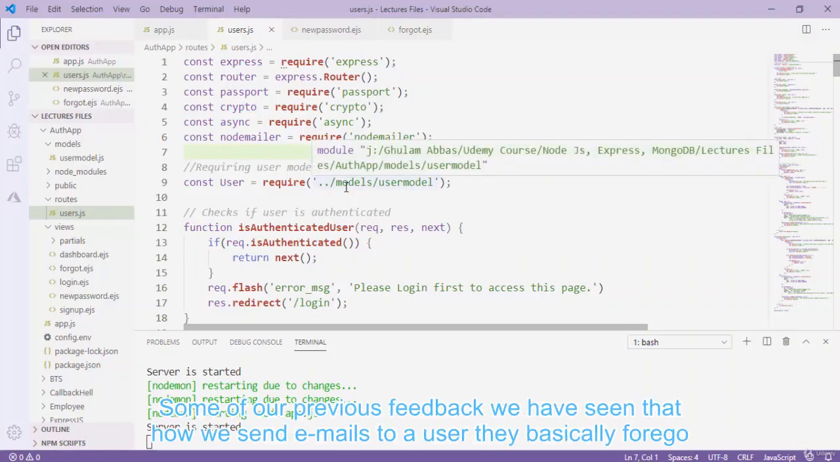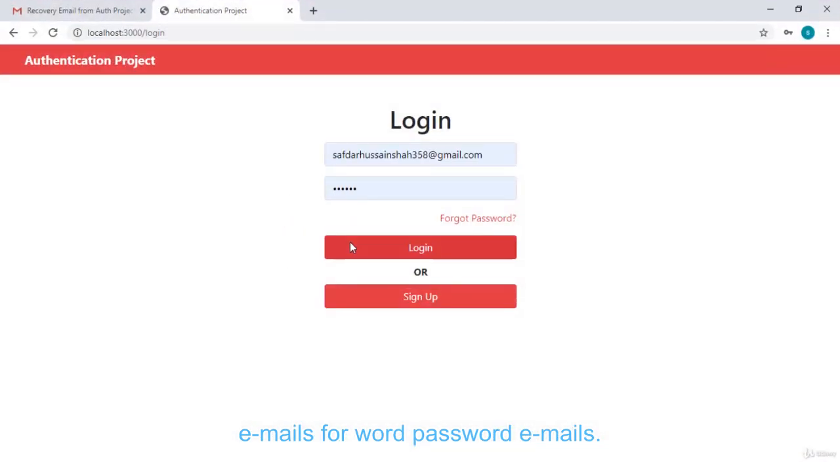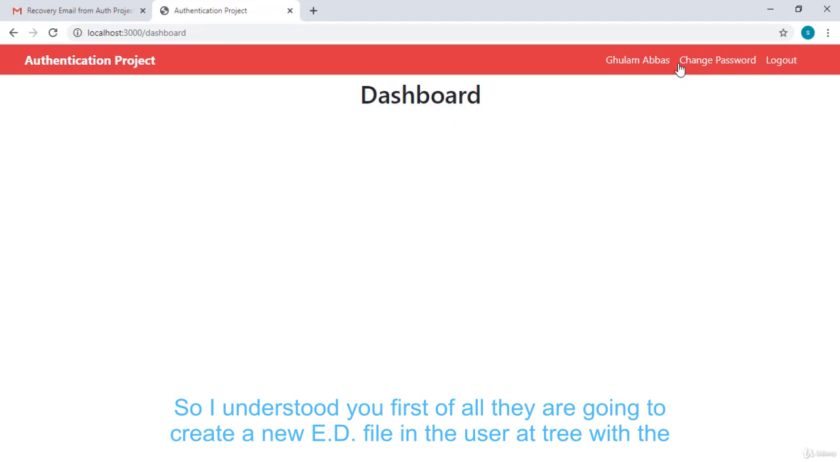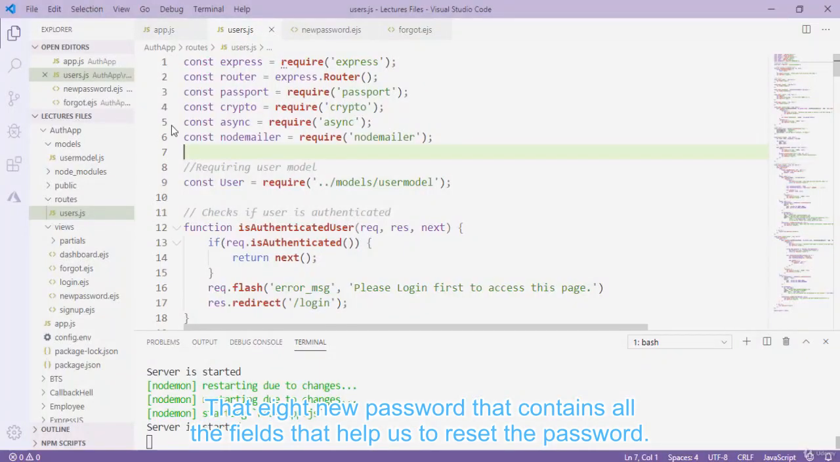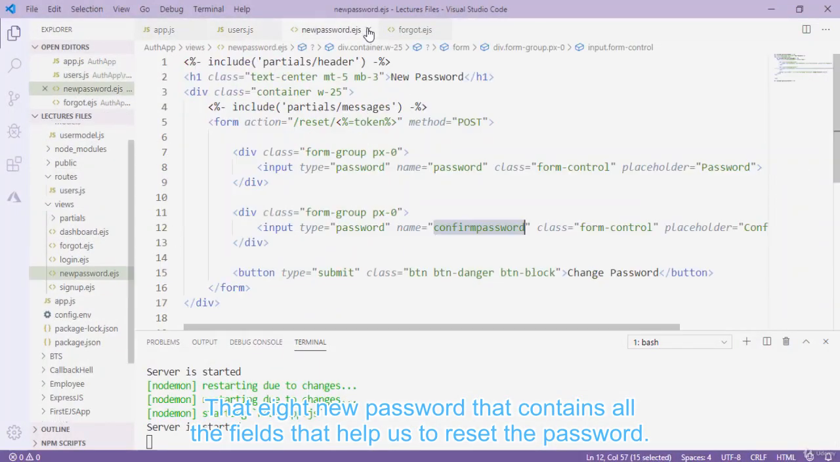Okay, so welcome back to this course. So today in this video we are going to set up functionality for our change password button. If I go back and log in, you can see that I have an option here that says change password. I have to change my password if I want to. Okay, so for that I simply go back to my Visual Studio Code,